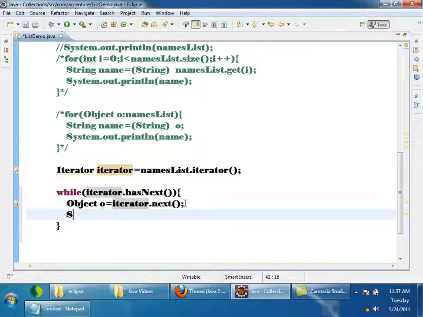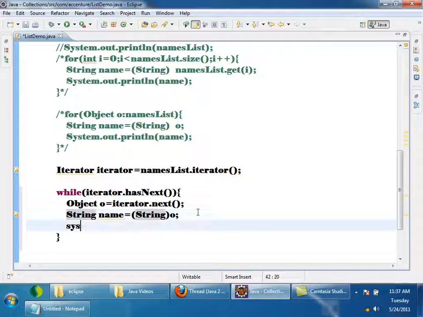I know that it is a string, so String name is equals to, typecasting the object, sorry, to String. Then I'll print System.out.println name.